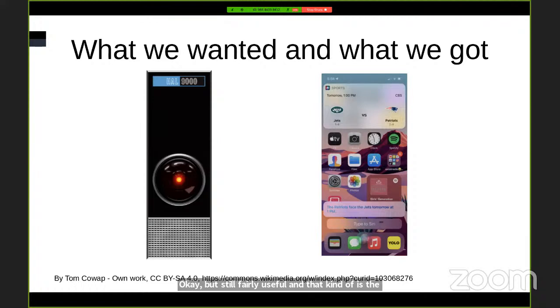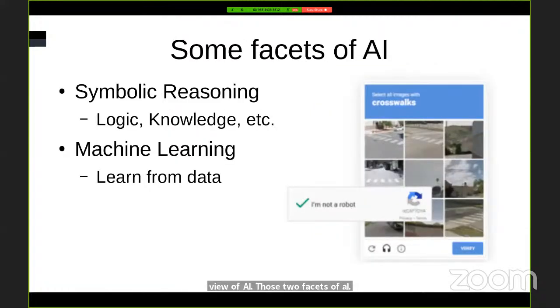There are these two facets of AI. The first one is symbolic reasoning, where we want to think like using logic, by learning knowledge and so on. And that was a huge way of thinking about how to make computers intelligent. But these days, what is actually more successful, Siri, for example, is really successful not because the program that Siri uses logic or knowledge, but because it has learned from data. So it has looked at a lot of data and it has learned from it in a field called machine